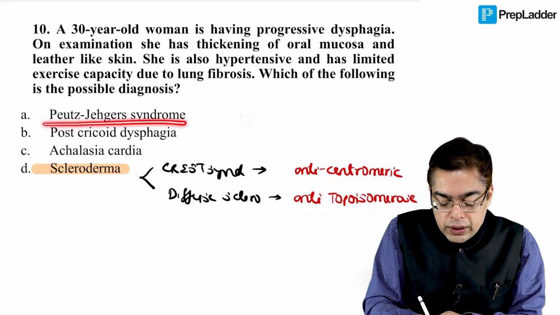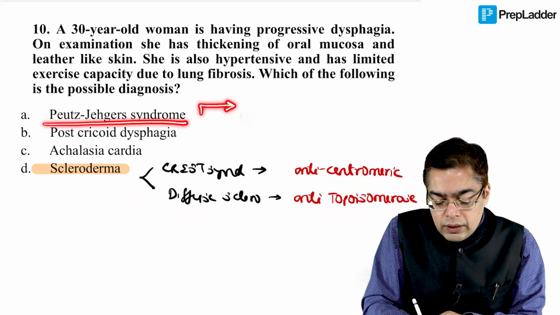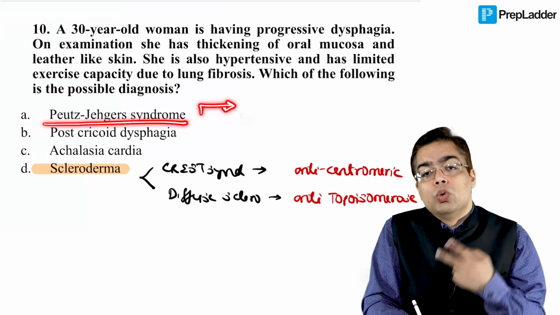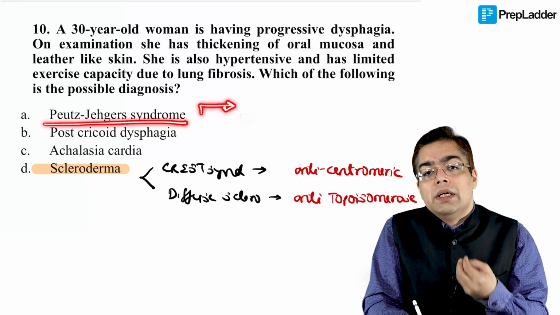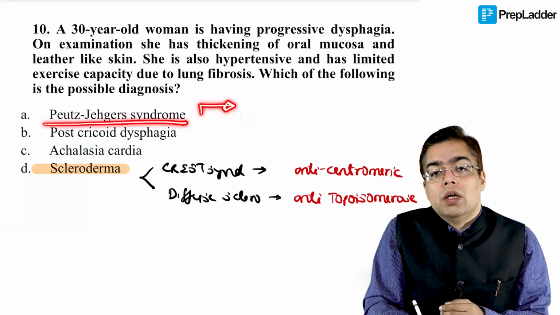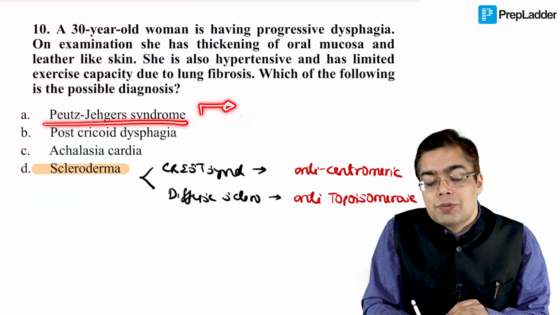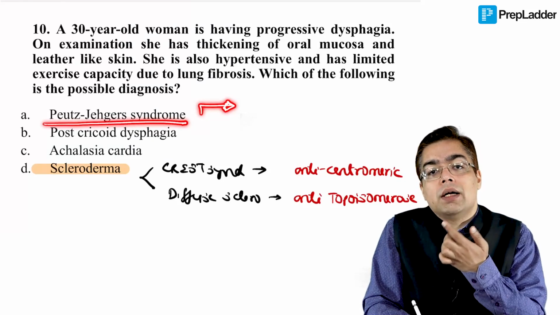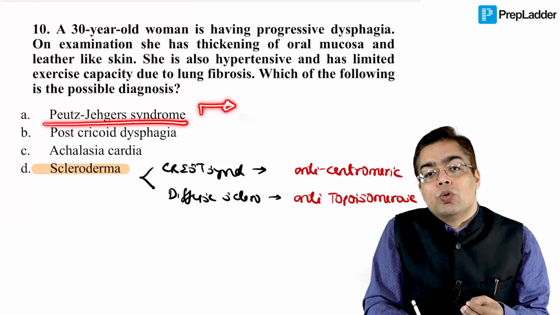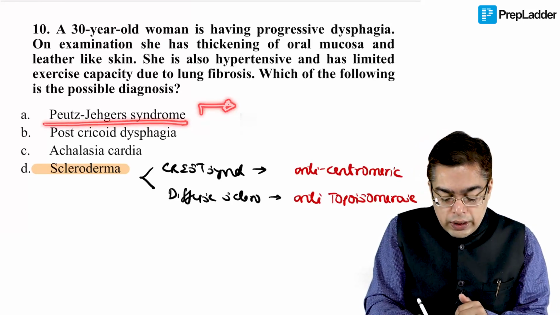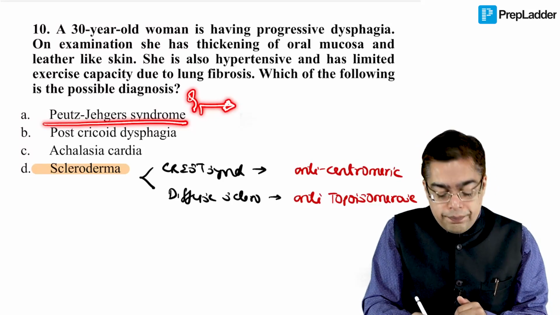Peutz-Jeghers syndrome would have been a question in the exam, but that comes with the history of a female patient who is going to be having the presence of two things, and that's the same thing that Marva sir and I had discussed with you the day before the exam as well. You would be given a question where he talks about hamartomatous polyps along with hyperpigmentation at the level of the lips. So that is going to be associated with increased risk for development of cancer of the bowel. So that is what is going to be given as a history of this patient.